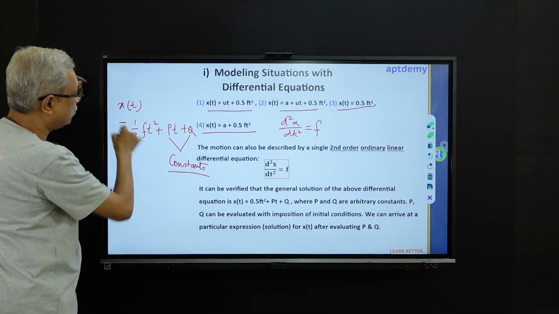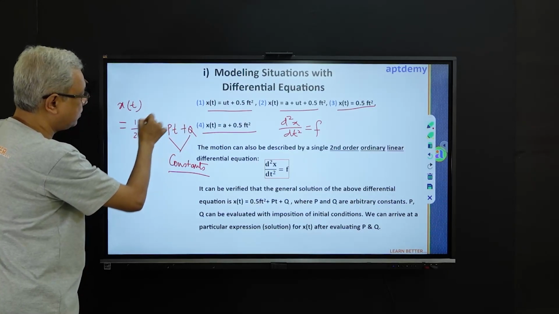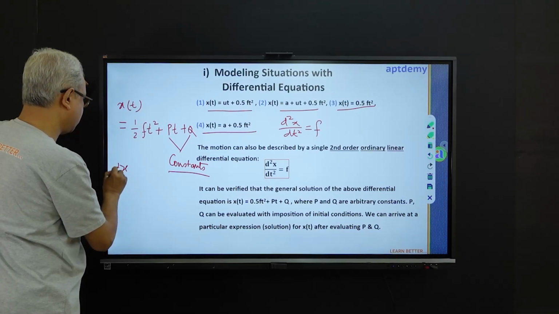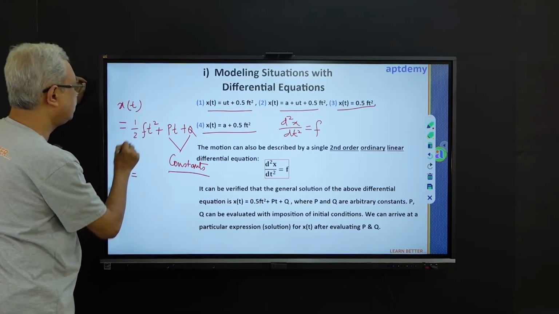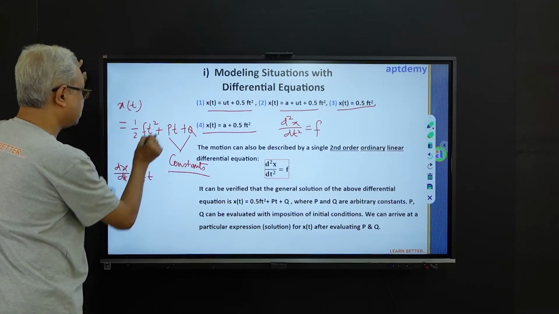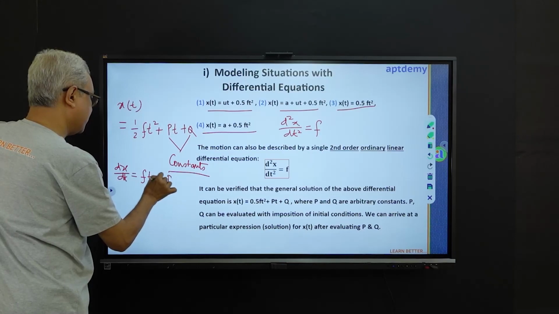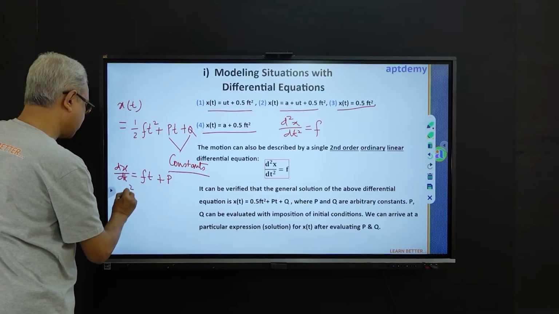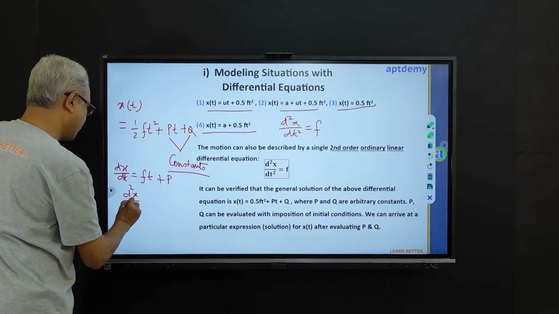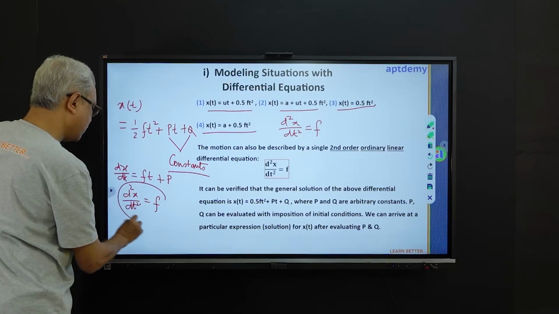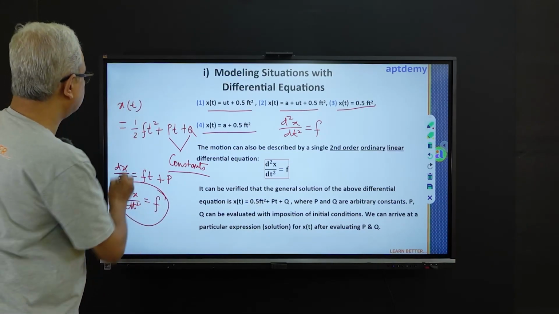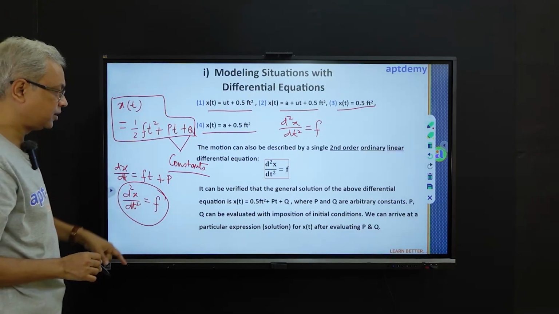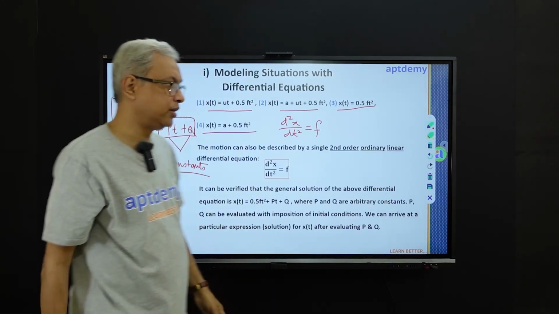Because this is the solution of this equation, where p and q are arbitrary constants. If you differentiate x, dx/dt, the first term will contribute ft, plus p, because p is a constant, so d/dt of pt is p only, and d2x/dt square is f. So this expression for x is a general solution of this equation, and with imposition of some boundary conditions,